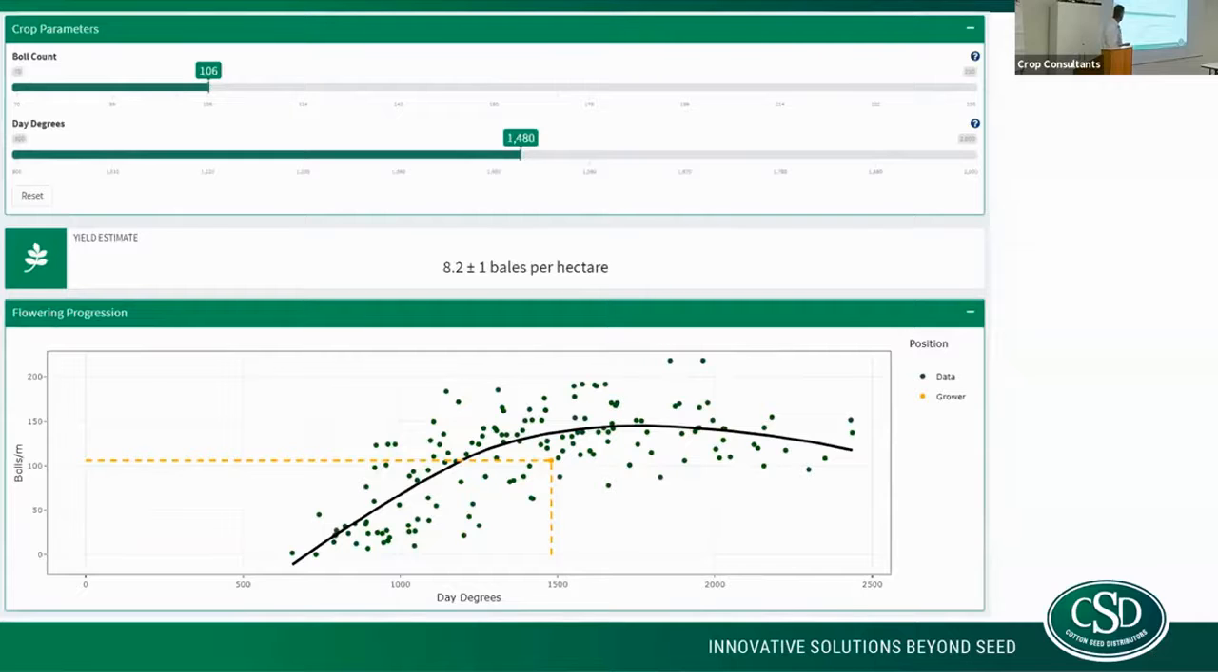So we've progressed through the season now. This is a flowering progression, so it is far more simple. It relies on a boll count and day degrees in point of time. The chart down the bottom here has bolls per metre on the y-axis and day degrees on the x-axis. You can see the actual data points that have contributed to this data set, and the black line